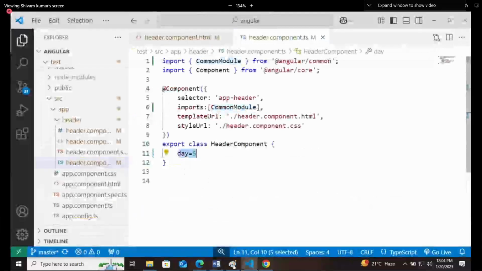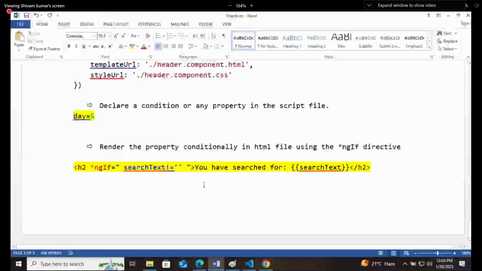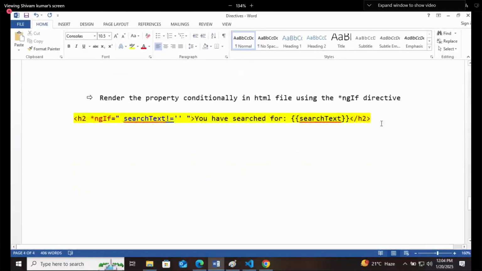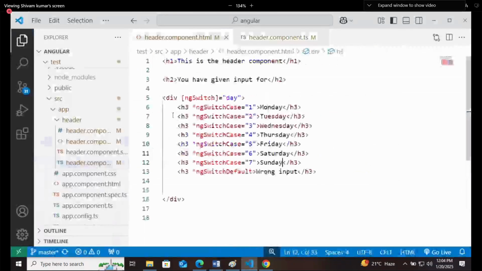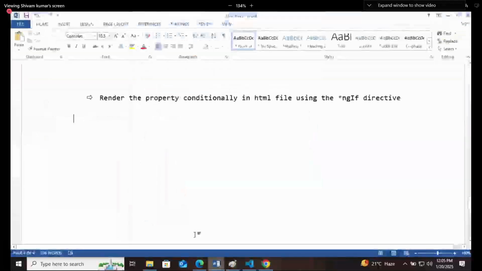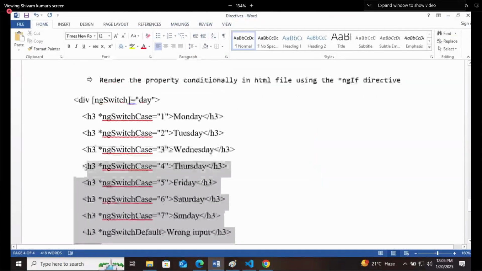So I'm declaring day as 5. And after that, in this way, you need to use it. Understood? For if and switch, do you have any question?